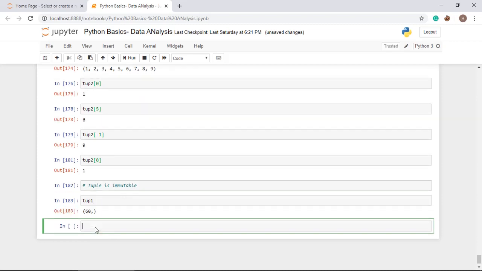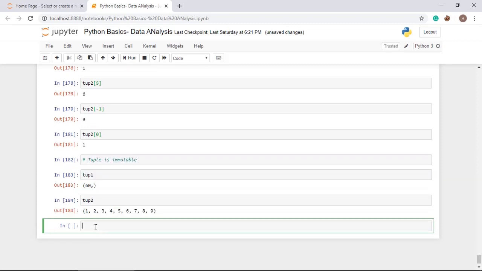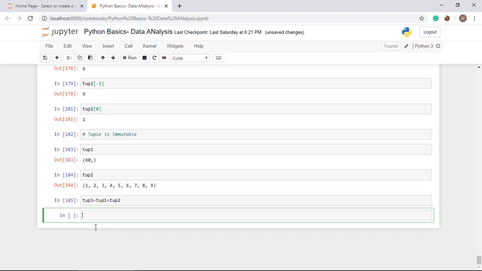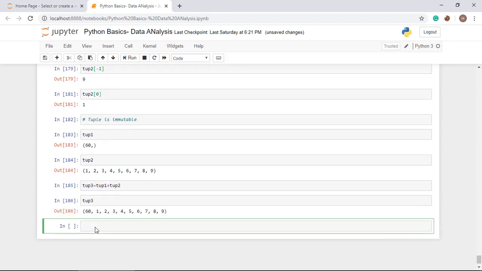Like, I want to add tup1 to tup2. These are two tuples, so for that purpose you use tup3 equal to tup1 plus tup2. Then you will get the value like this. You can do this, but you cannot perform any other changes.